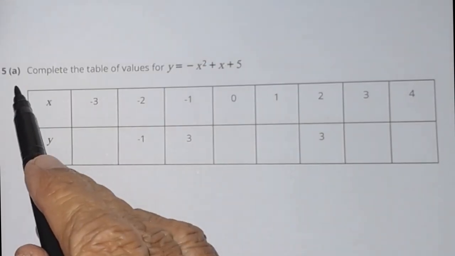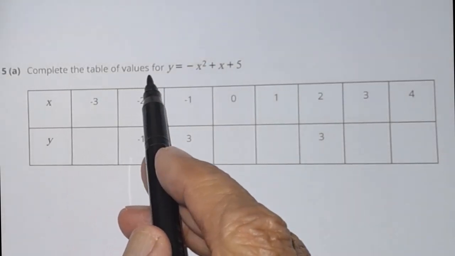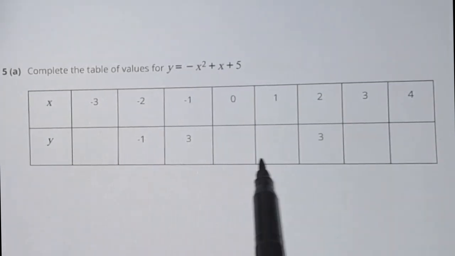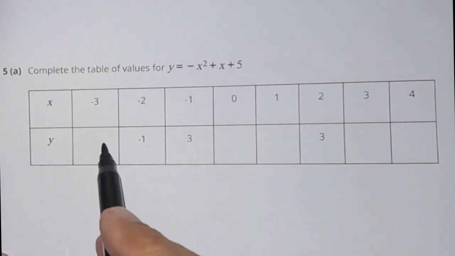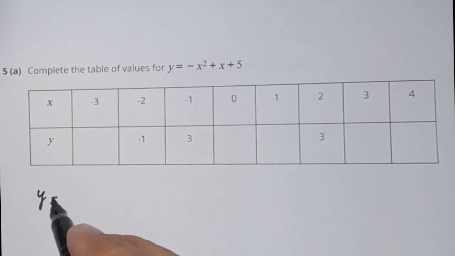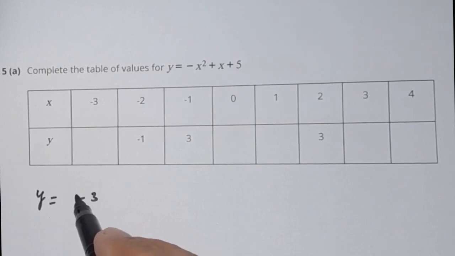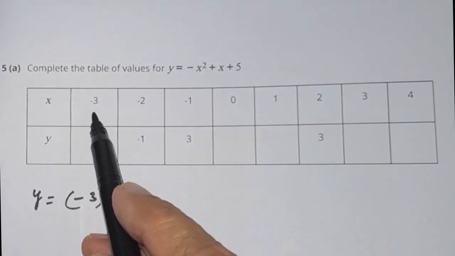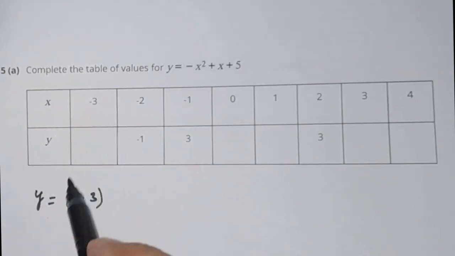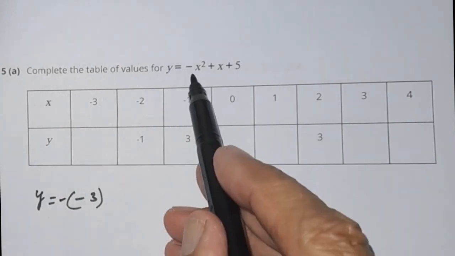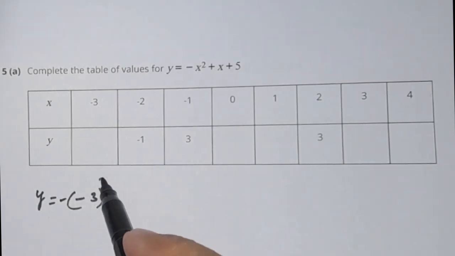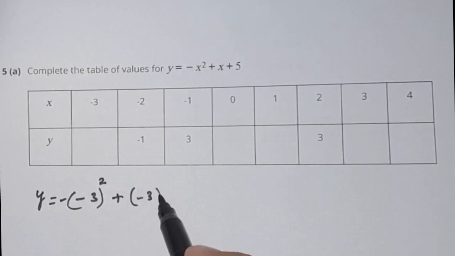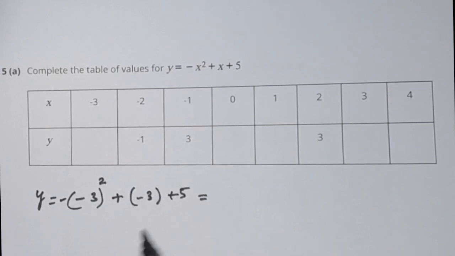Going to question number 5a. Complete the table of values for y equal to minus x squared plus x plus 5. We have to put in these values. So y is equal to minus (minus 3 in place of x, and this minus outside this one) whole square plus minus 3 plus 5 works out to be